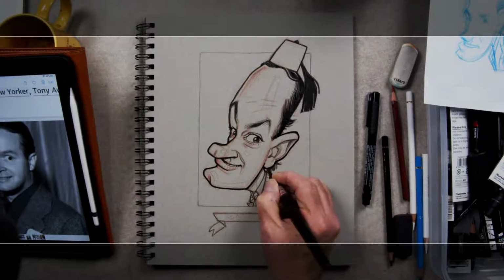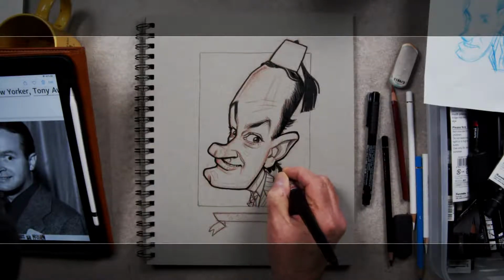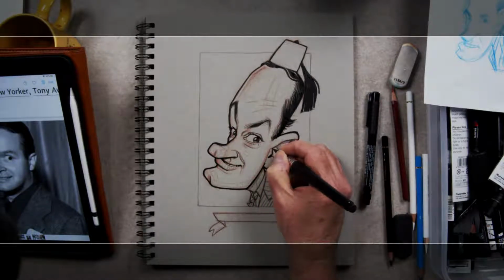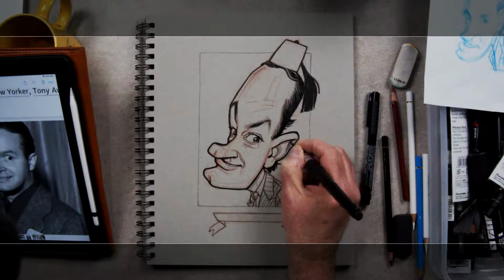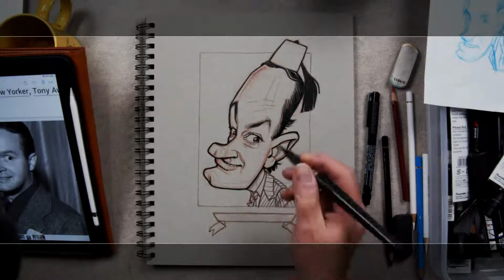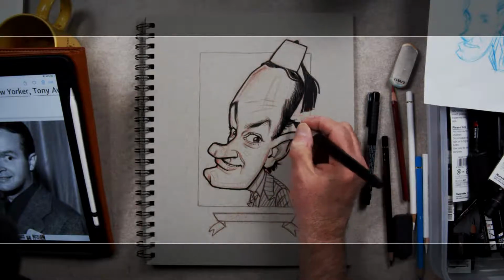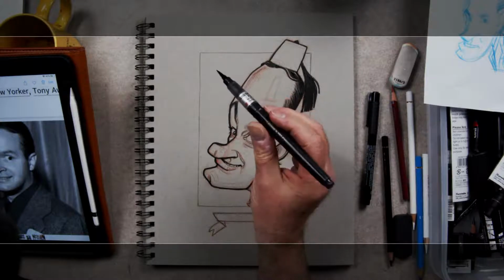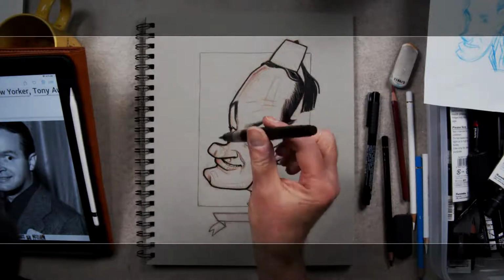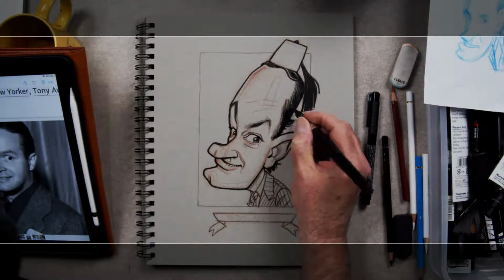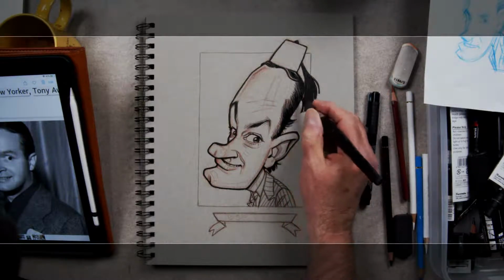There's a couple of reasons for thicker contours that you want to put in. One is to make it stand out from the background. Another is to be careful. This has a nice way of feathering, like a thick and thin process. This is a Zig Brush Pen, and the ink is in the handle, and you can squeeze it and push more ink out, so you can get a lot more.